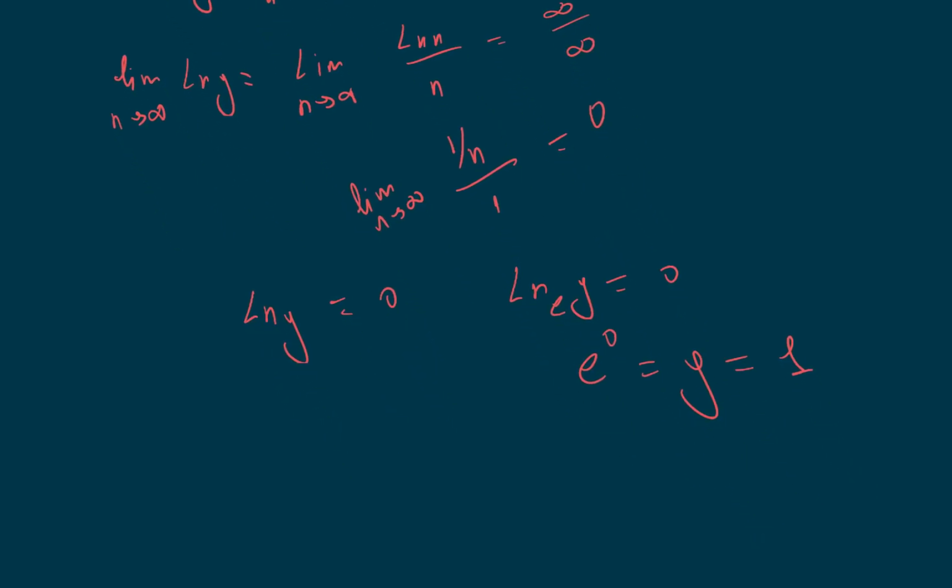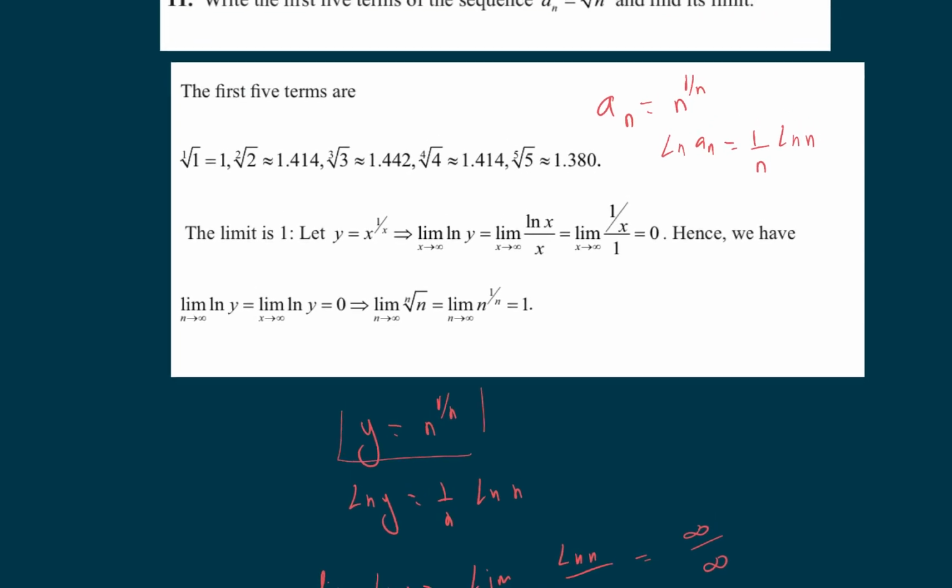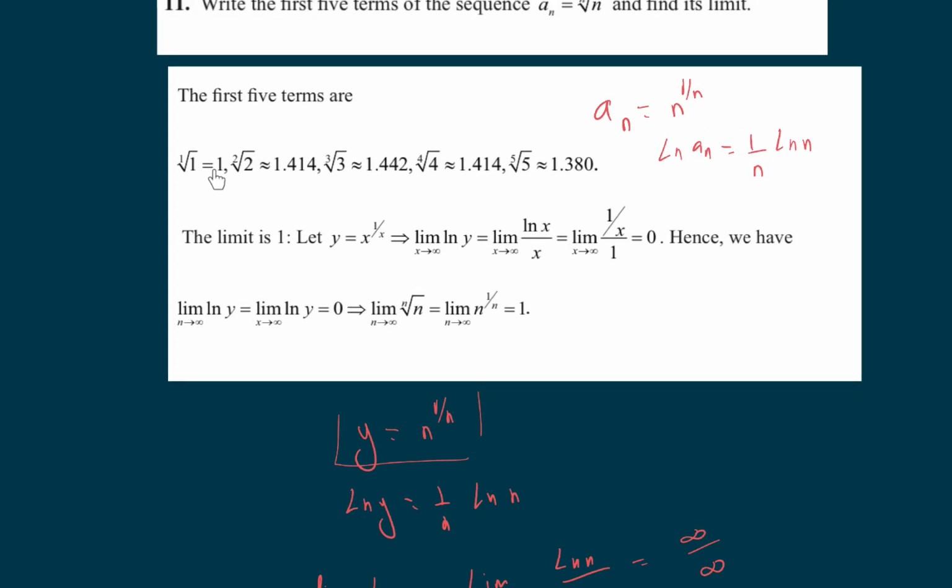So y represents the limit of a sub n. Y is the limit when n goes to infinity of a sub n. So this goes to 1. So as n goes to infinity, this sequence will go to 1. It starts at 1, it goes to 1.4, 1.4042, 1.4014, and now it starts to decrease, it starts to come back. As the limit goes to infinity, the point 1.38 will arrive to the point